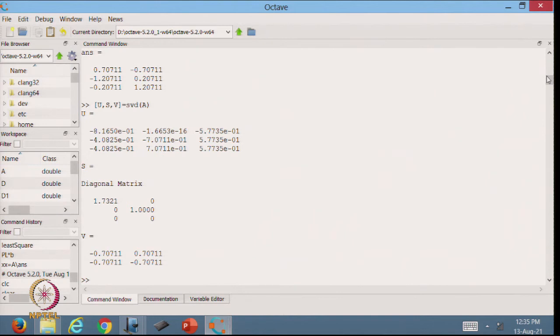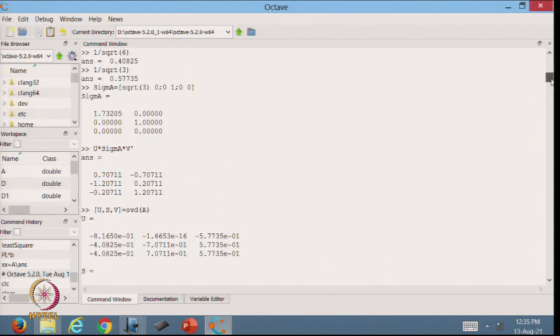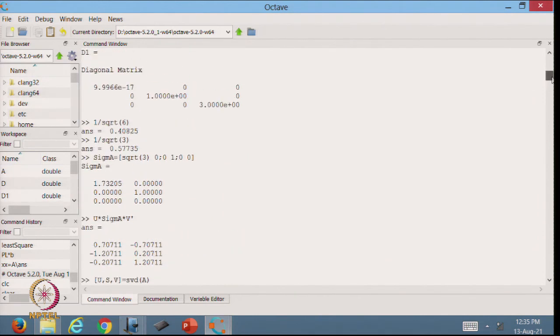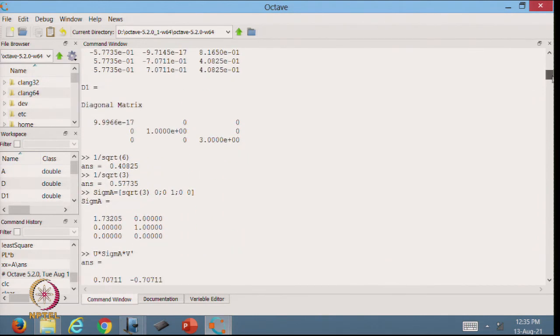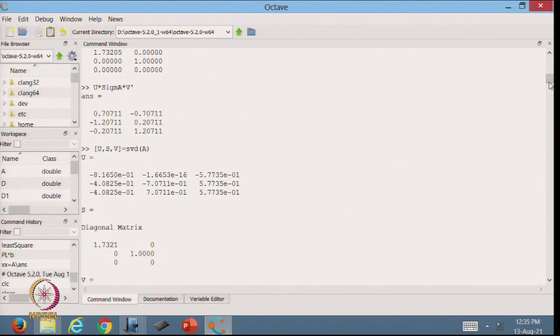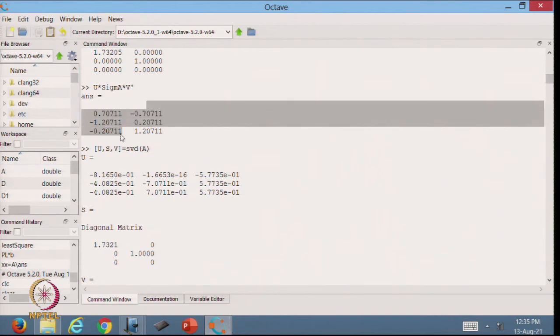Now from here I got my u. Let us see whether u is going to be the same or not. So, this is my u and I think I got the same u, only a change in signs. This sign changes because we take the sign depending upon the orthogonality, and sometimes this change of sign, when multiplied, gives different results than what we are getting here. But other things you will see are going to be the same.